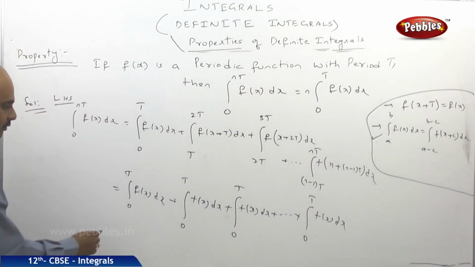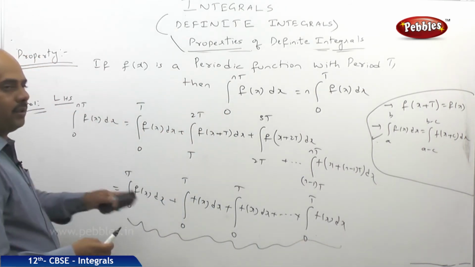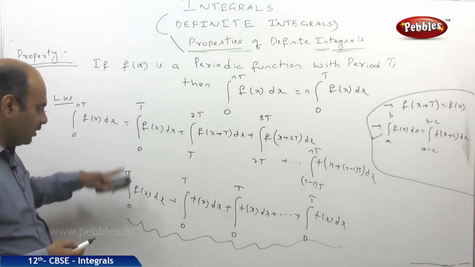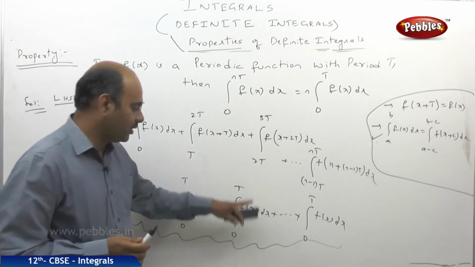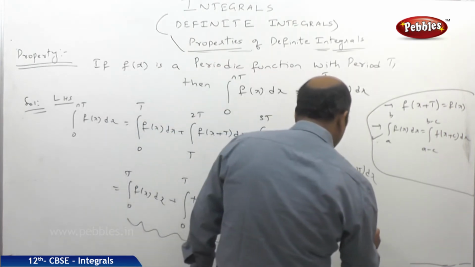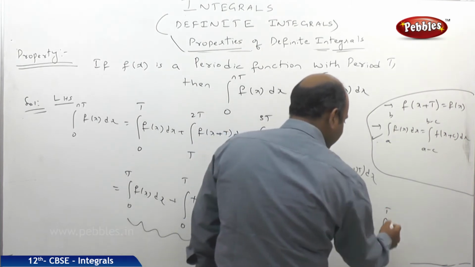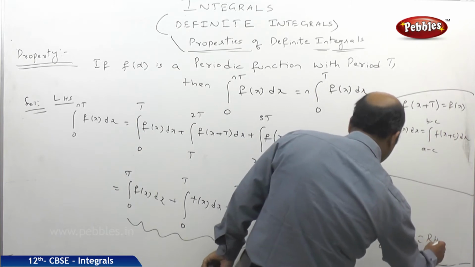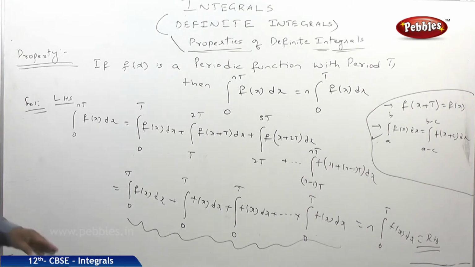If you could observe carefully, there are n definite integrals. So a plus dot dot dot n times I can write as na. Similarly, integral of 0 to t f of x dx plus integral of 0 to t f of x dx plus integral of 0 to t f of x dx, dot dot dot, n times are there. So it gives rise to n into integral of 0 to t f of x dx, which is our required answer. Therefore LHS will be equal to RHS. Once again I am explaining, please listen.